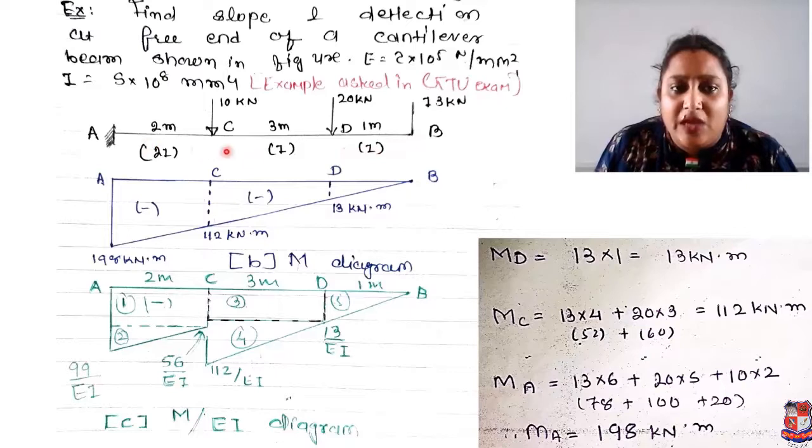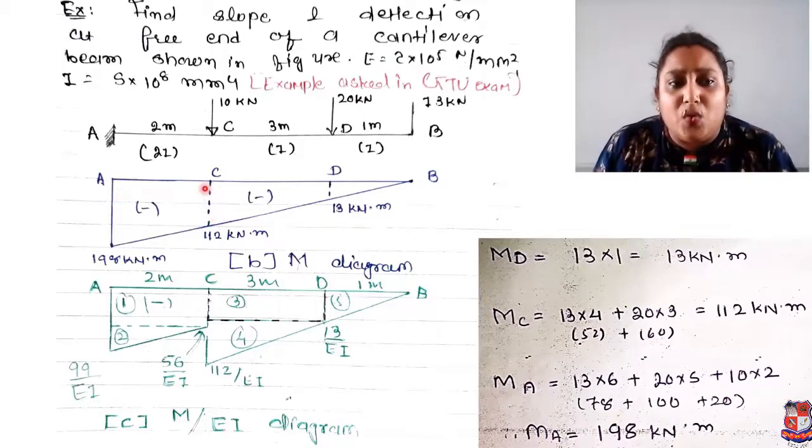But here we have to keep in mind that the value of I is different. Here I, and here 2I. We have to keep that in mind while calculating the problem. Okay. So here you can see that it is a cantilever and its moment diagram is triangular in shape. It is obvious and very simple that the moment diagram is a triangle. But how do these values come? So I have mentioned them over here.